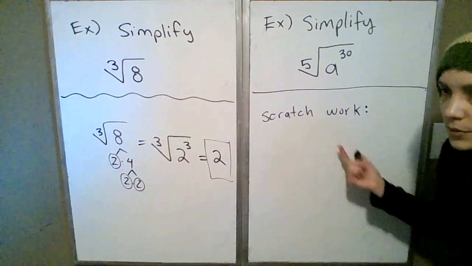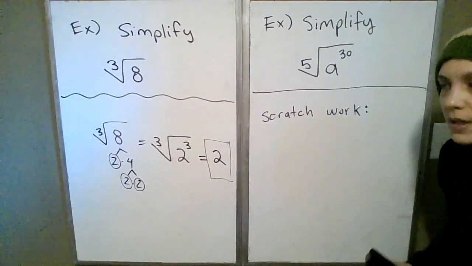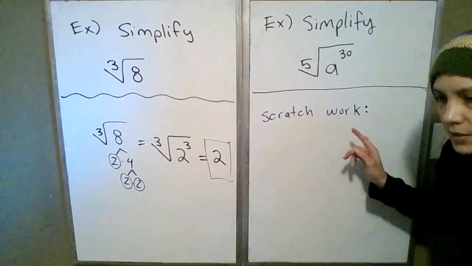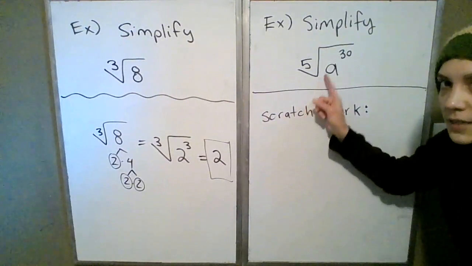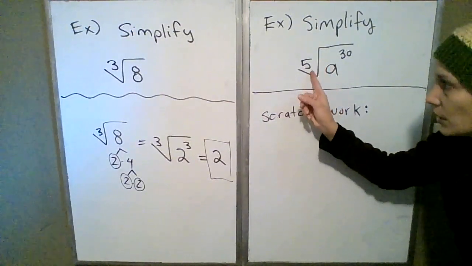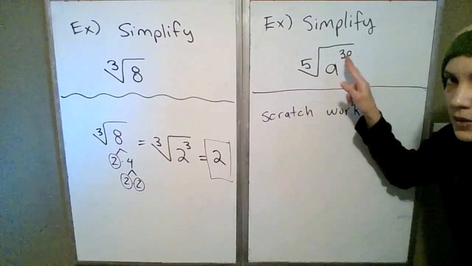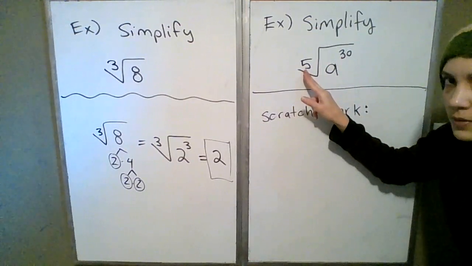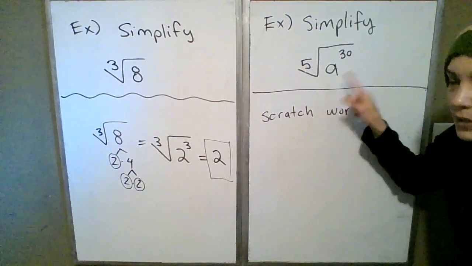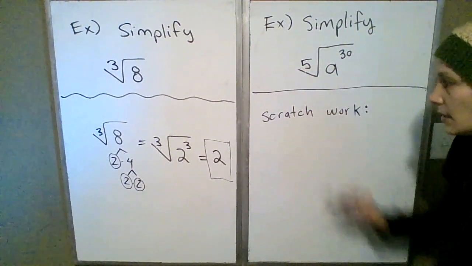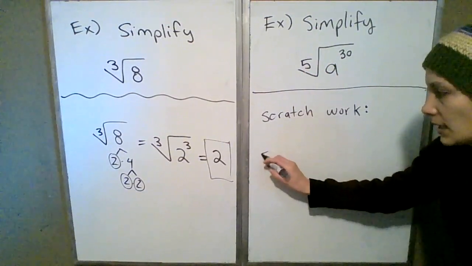I'm going to go through the work, but just to point out a shortcut that I started to notice with my other class: try to see how your root can divide into that exponent. So if we take 30 and divide by 5, what's left is 6. So we're going to have a to the 6th. But just to show you how we're going to get there,